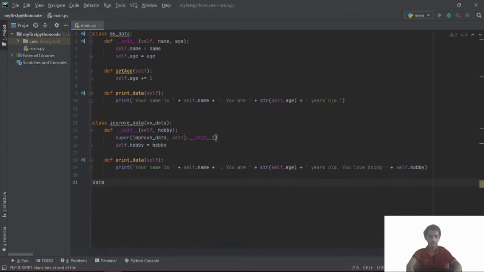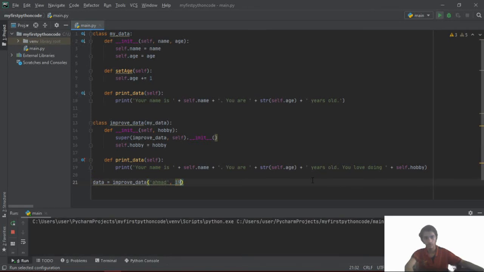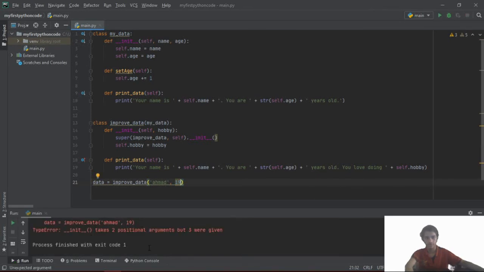Data equals to improved_data, and it's again gonna take the improved_data. I don't think so. This is good. I might get an error. Yes, and I got